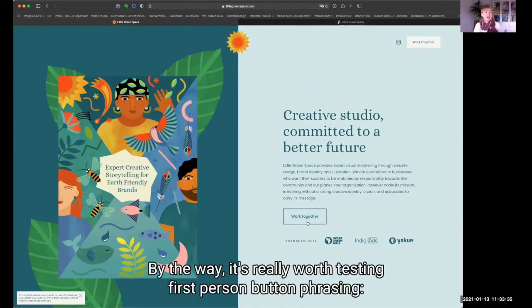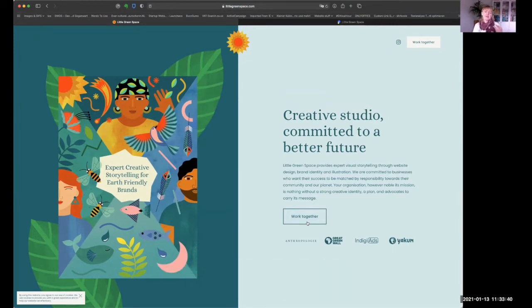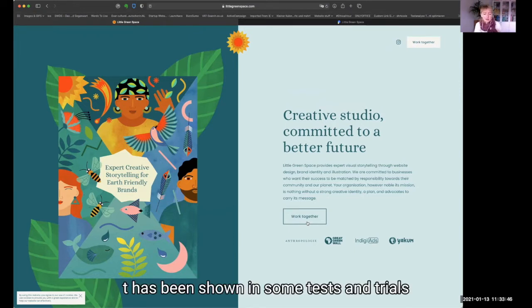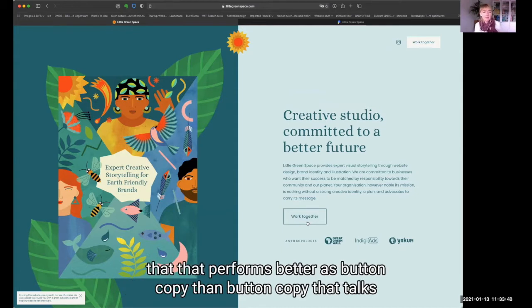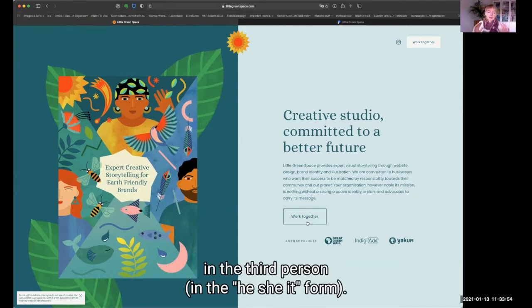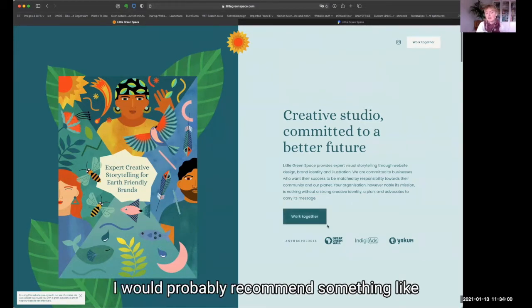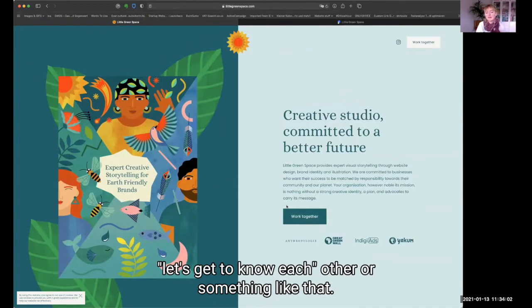By the way, it's really worth testing first person button phrasing, something like let's or yes, I want to. It has been shown in some tests and trials that this performs better as button copy than button copy that talks in the third person in a he, she, it form. So that's worth testing. I would probably recommend something like let's get to know each other,